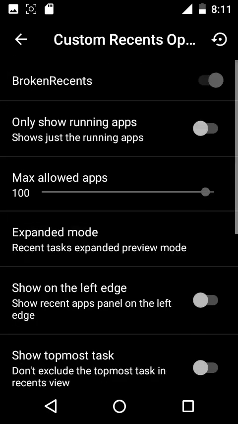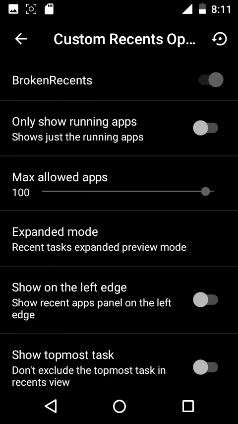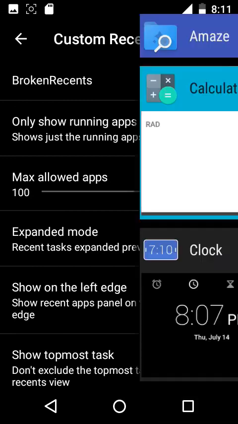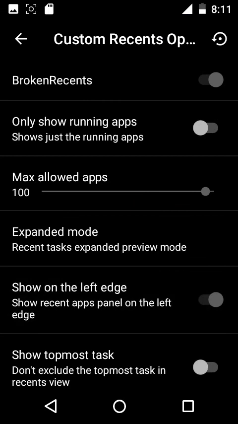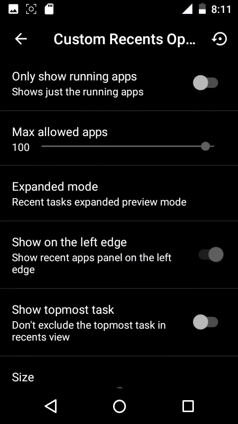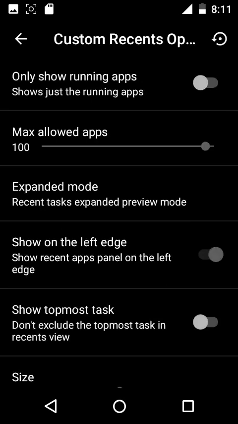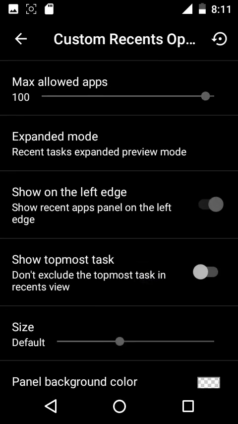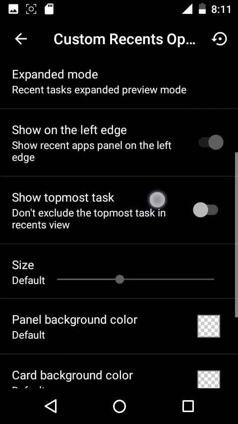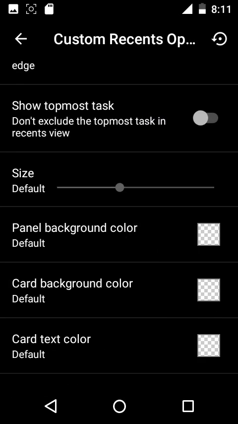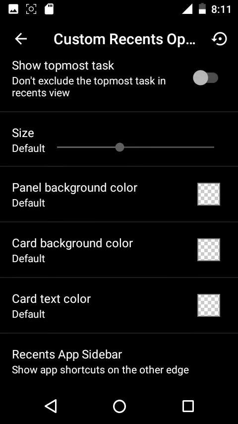Then we have the custom recent options. So broken recents, if you want to use that, and these are the recents which we are using at the moment. And then only show running apps, maximum allowed apps. So these are nothing but the slim recents, and expanded mode. If you want to do that, show recent apps panel on the left edge, and show the topmost task, size, panel, background color, card background color, card text color, and recent apps sidebar,